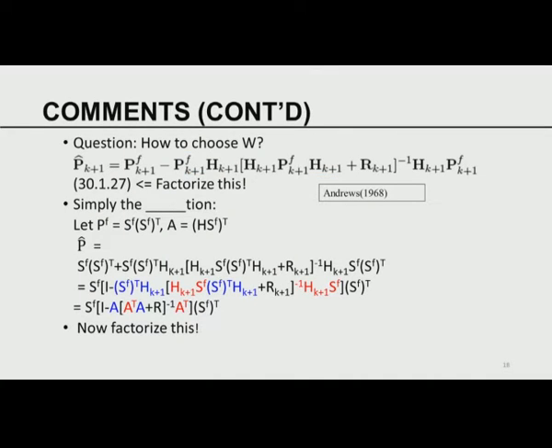So with that, the question is how to choose W. I am going to quickly talk about the method for choosing W. This idea appeared in the electrical engineering systems literature as early as 1968. It was reinvented in the meteorological community in the late 90s after Evensen put forth his ideas. It is very hard to tell how much they knew of the previous literature, but anyway, it has been reinvented. So this is the analysis covariance, the forecast covariance minus this. You may remember this from the classical Kalman filtering equations.